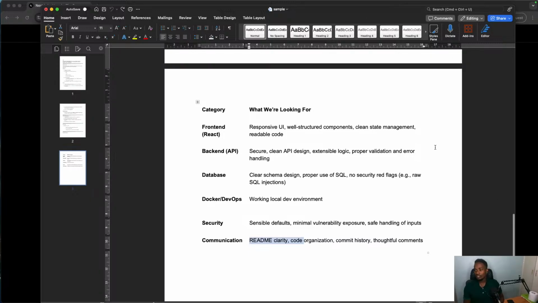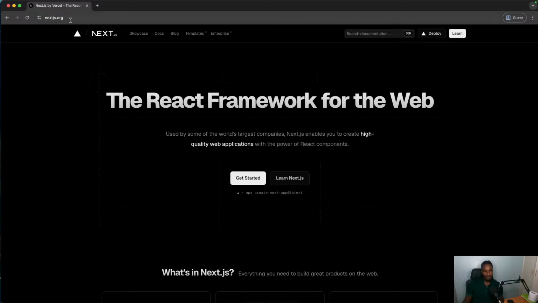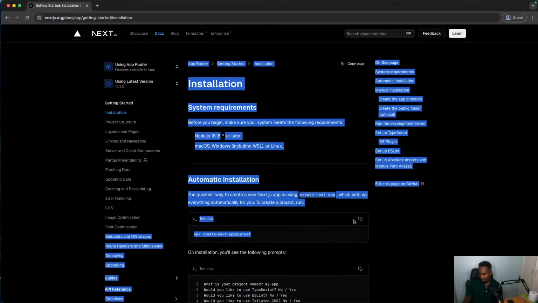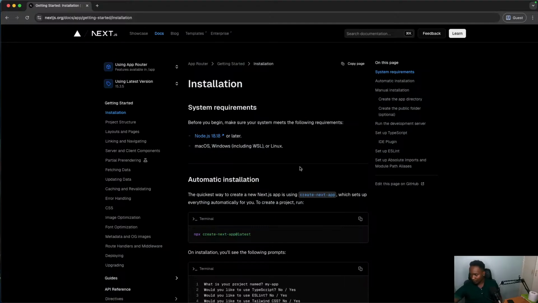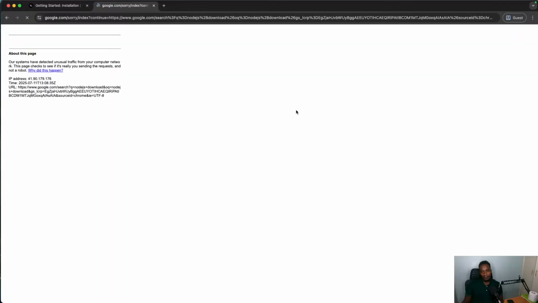Yeah. So we'll start with the front end, and the first thing we need to do is ensure that we set up a new project using Next.js and TypeScript. I'll go over to their page, nextjs.org. I'll go direct to their docs and then installation. From there, we'll continue and I'll explain what I'm doing. First thing, I'll copy this command, npx create-next-app@latest. Right now, I'm just assuming that you have Node.js installed. If you don't, just Google Next.js, download, and then